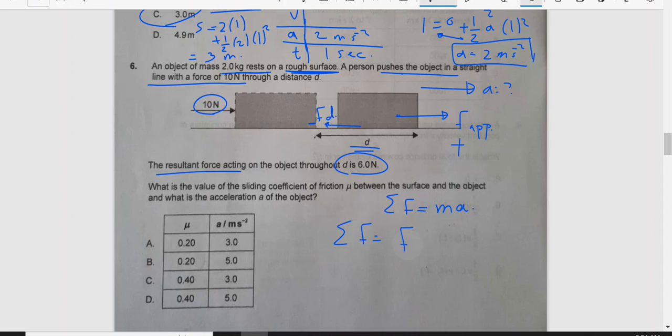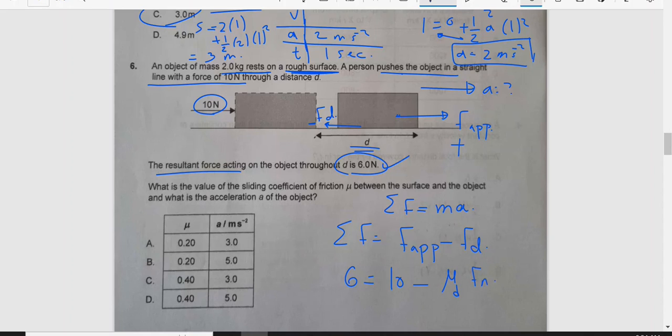So I will have the applied force minus the dynamic or kinetic friction. I know the summation of all forces acting on the object, or the net force, is 6. So 6 will equal 10 minus the dynamic friction, which is the coefficient of kinetic friction times